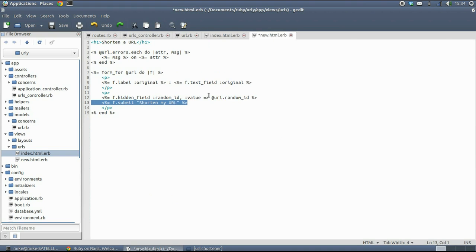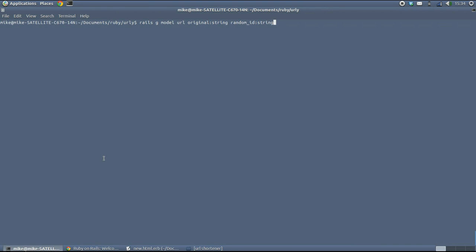And then we just end that off with a submit button. And there we go. That's the code now working. So what we should now do is run the server,